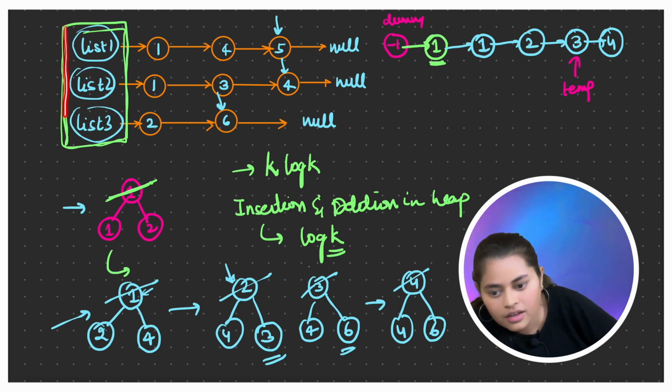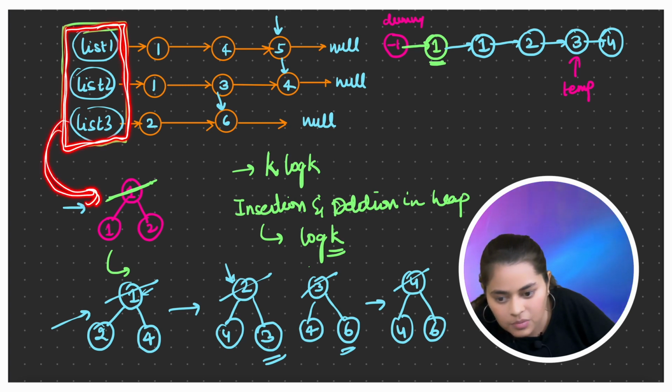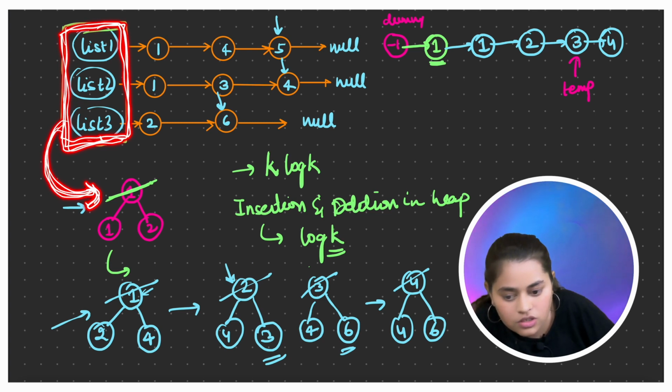So what we did, we first of all traversed the array given. We created a min heap for all the k elements presented in the array, right? Now this array was holding the pointer, or I should say the address of the node. So based on the content of each of the addresses, we created a min heap, right?